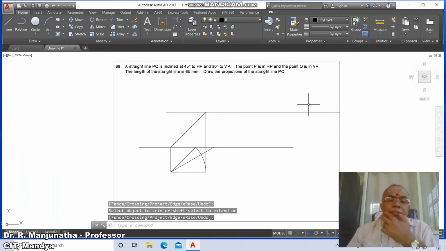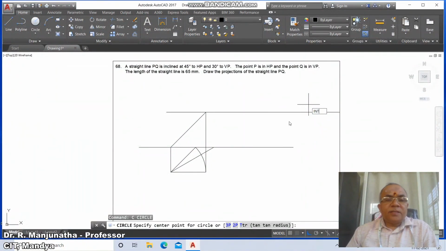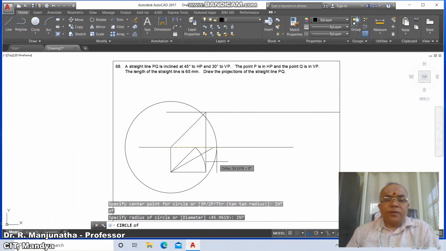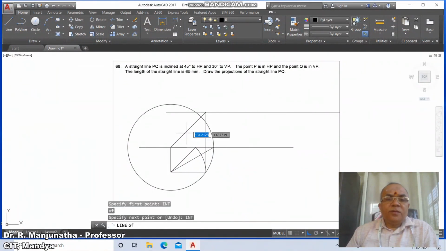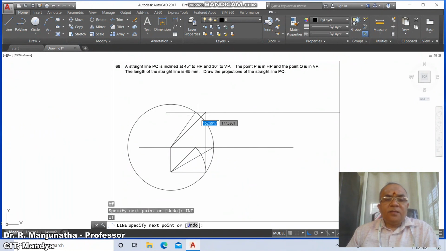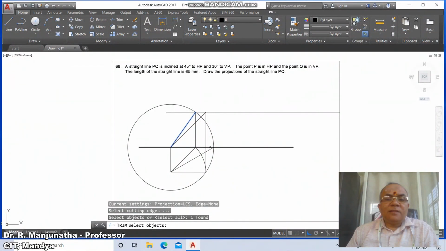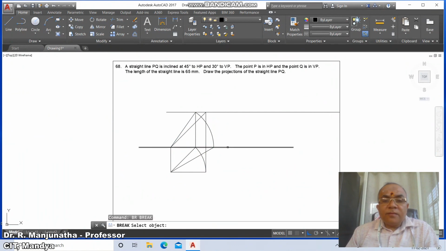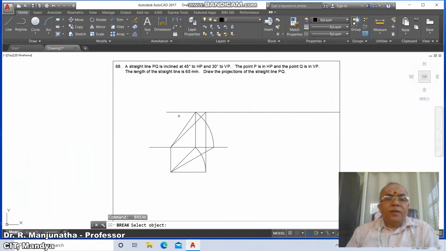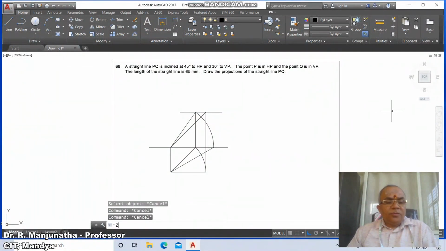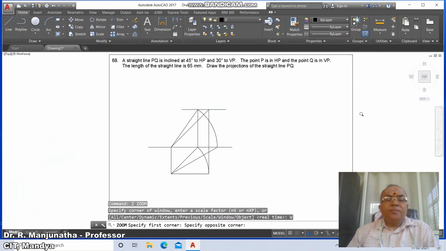Similarly, you draw a circle from the intersection point of this to the intersection point of this, and then go to line, draw a line from the intersection point of this to the intersection point of this, and then the intersection point of this. Go to trim between this line and this horizontal line, you trim the extra arc, and go to break, select this, and between these two you break it. Similarly, break between this here, and from here you break it on this side, and also from here you take it on this. Now this is how you will be able to write the solution.